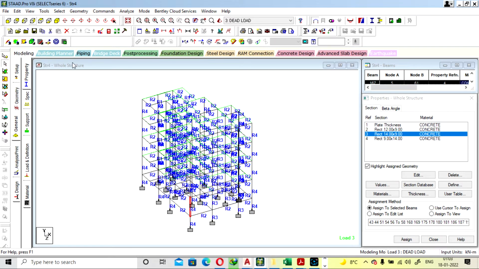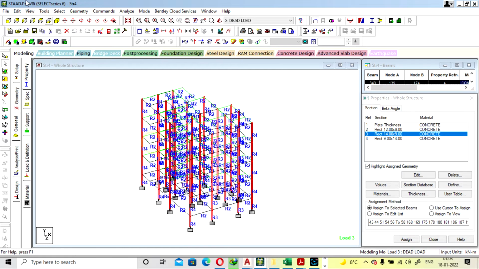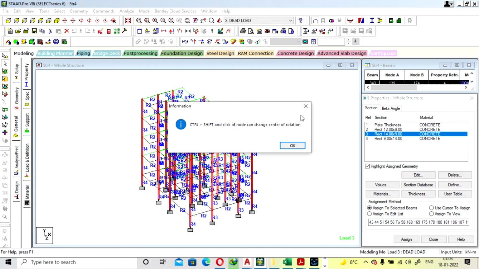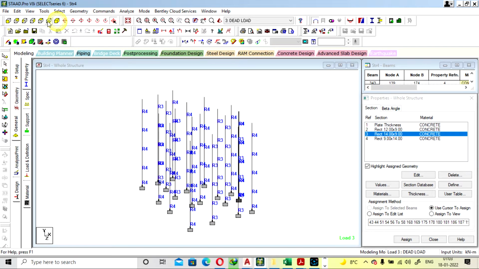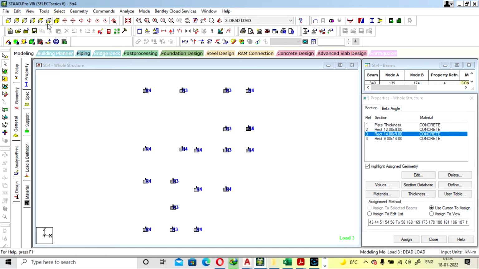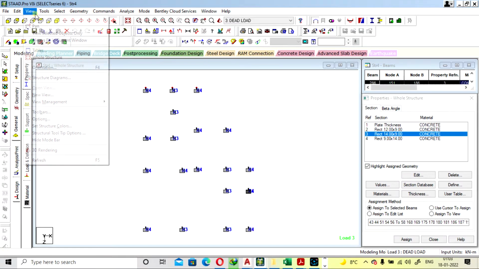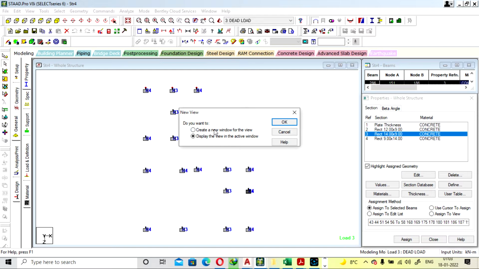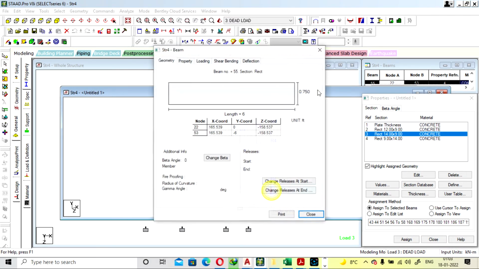So for the columns, select beam parallel to Y, view selected. First we will check with all the columns. Select view, new view. Okay, so we'll check all the columns.